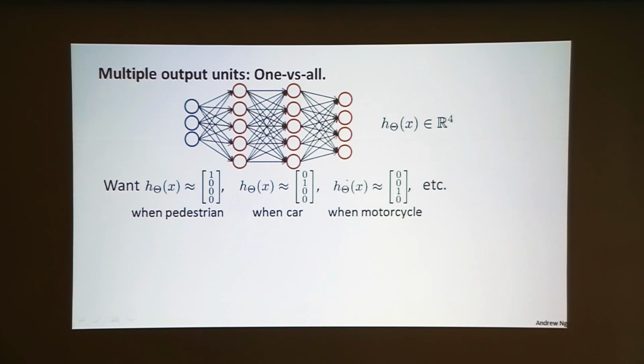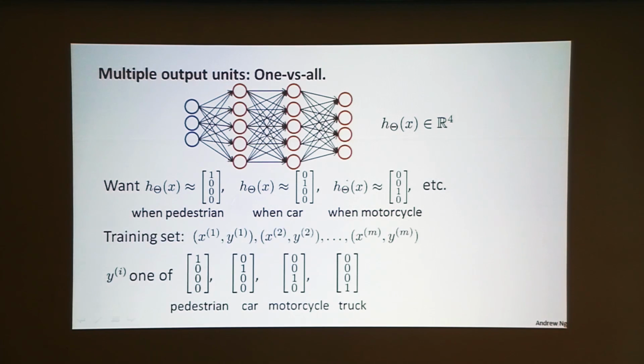This is sometimes also called the 1-versus-all encoding, where in the training set you would encode your target value y as one of these 4 basis vectors, and then you train the neural network to output 4 bits close to what's observed in the training set. And then at test time, when you run your neural network, it will output 4 real values, and you predict whichever one of the 4 real values has the highest activation. Okay,